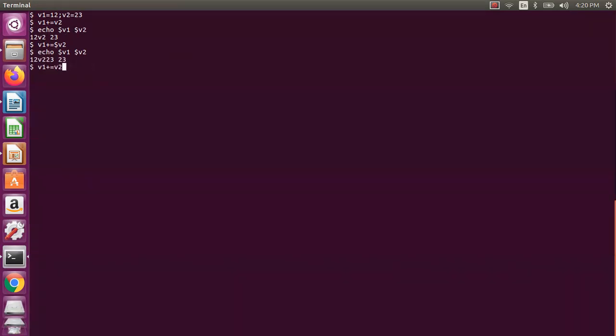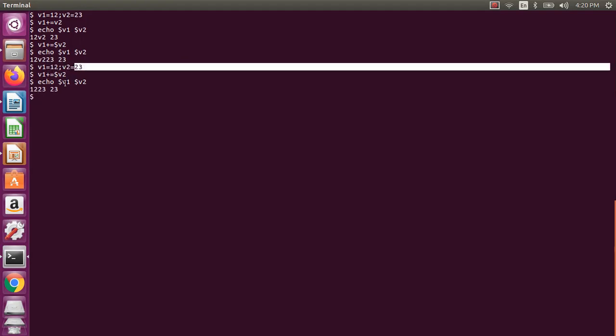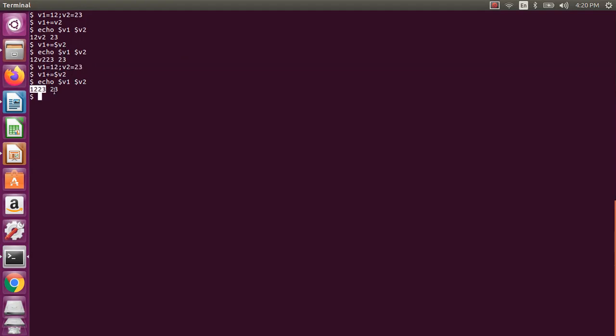Let me redo it again. I say this one, and like this. Whatever it is doing, it is concatenating as a string. You have 12 plus 23, right? It is giving 12 23. You are not supposed to do it like this. So let us do the same thing with let. You can initialize v1 and v2 separately, and then use let.